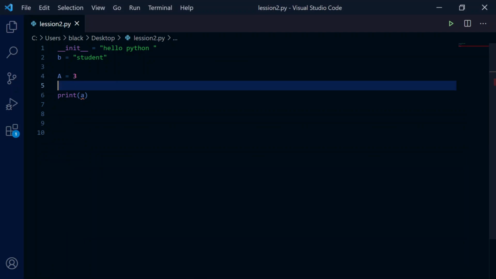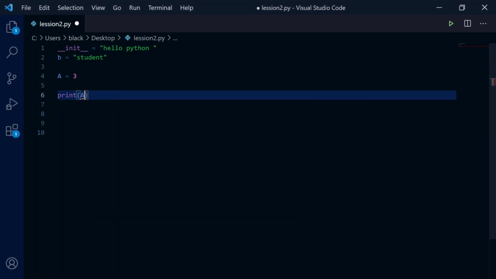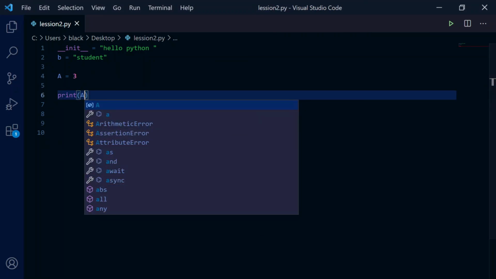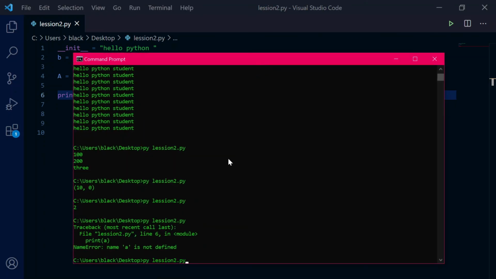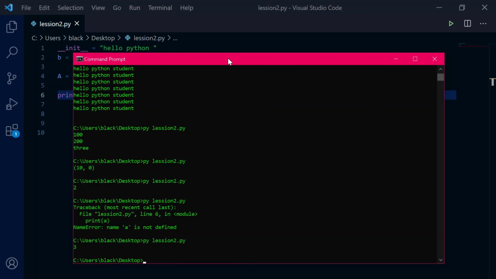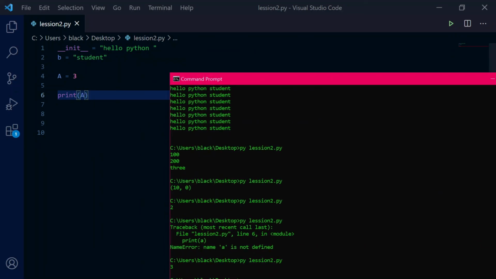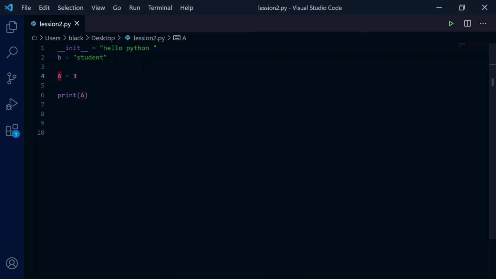If we try to put capital A here, it should work fine. As we expect, it results in 3. That's because Python is case sensitive. You cannot define a name in uppercase and use it as lowercase.